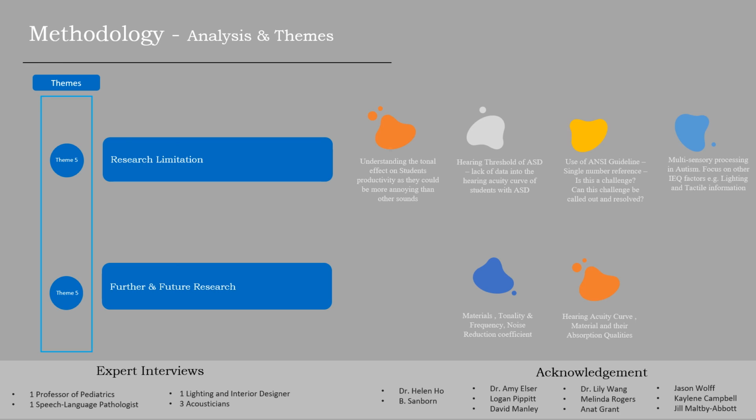Research limitations and future research. So one of the major limitations was the understanding of tonal effect on student productivity. This could be more annoying than other sounds. Also, hearing threshold of ASD, there's lack of data on the hearing acuity curve of students with ASD. Also, use of ANSI guidelines, simple number reference, multisensory processing in autism, and further research is looking at material tonality and frequency, noise reduction frequency, hearing curve acuity, materials, and also adoption